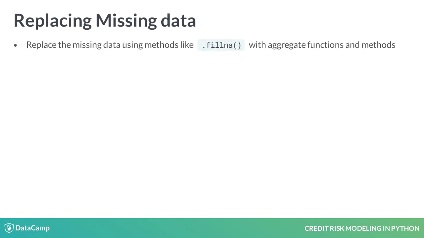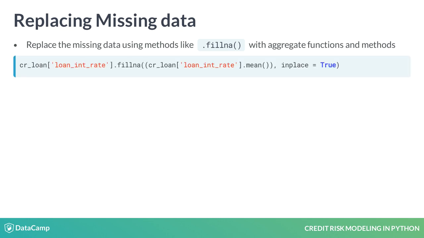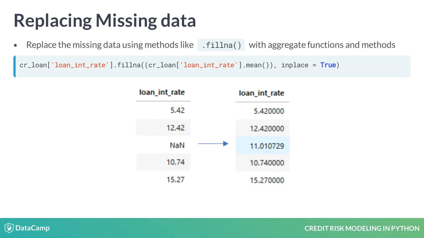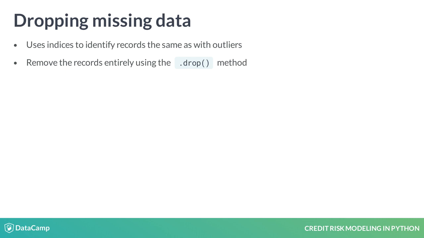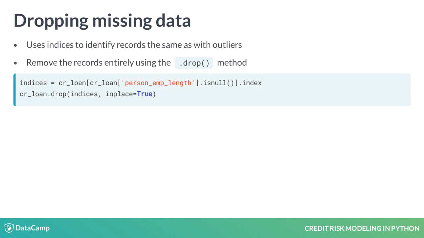If we decide to replace missing data, we can call the fillNA method from Pandas along with aggregate functions. This will replace only missing values. In this example, we replace null interest rates with the average of all interest rates in the data. The result, as shown here, replaces a null interest rate with 11%. Dropping rows with missing data is just like dropping rows with outliers like in the previous video. We use the drop method from Pandas. Here, we find the rows with missing data using isNull and then drop the rows from the dataset entirely. So,